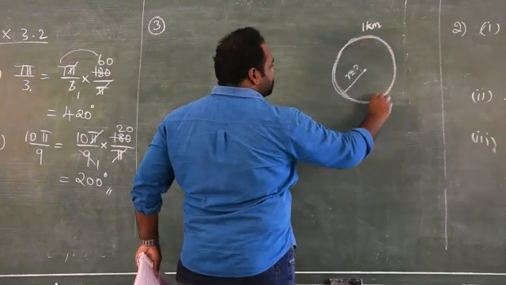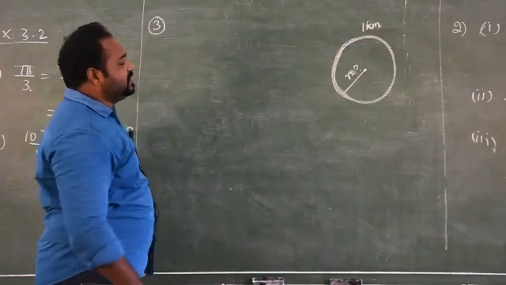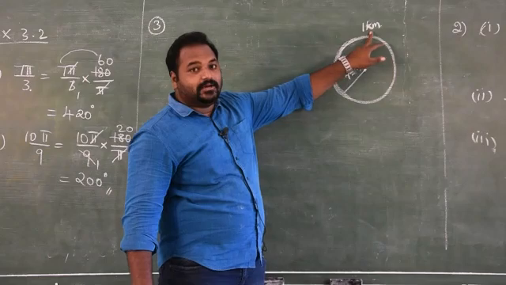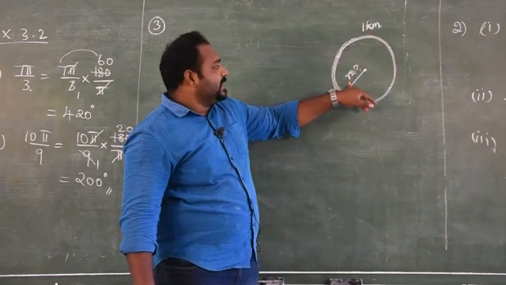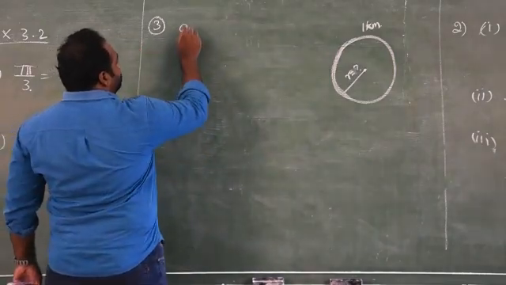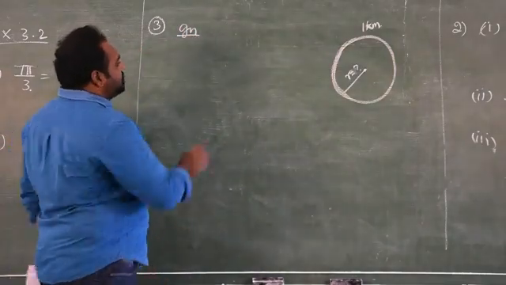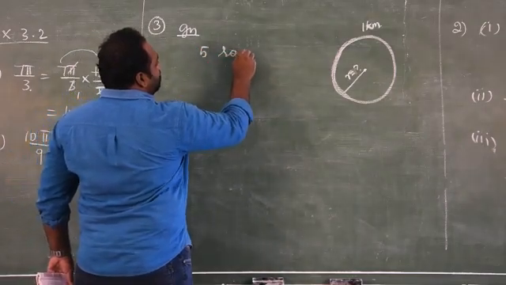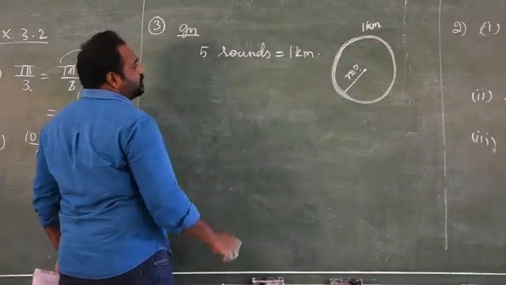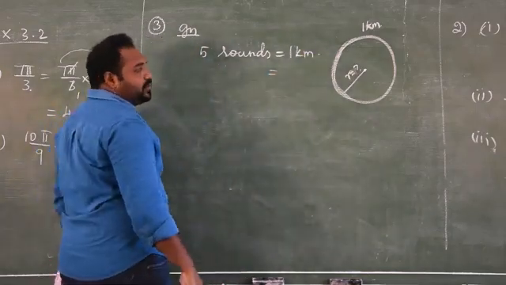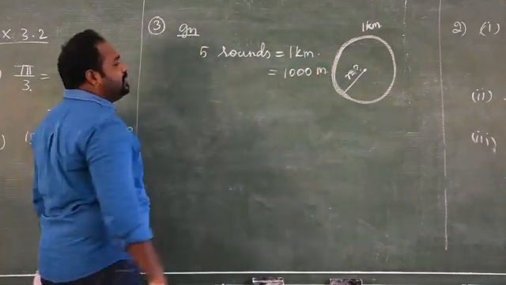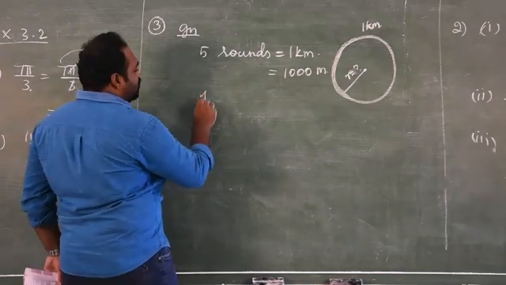So this is the path. If he wants to complete this circle 5 times, it will take 1 kilometer. So they are asking the radius of this circle. Now first I am going to write the given information. So 5 rounds equal to 1 kilometer. First I am going to convert 1 kilometer into meters. 1 kilometer equal to 1000 meters. So for 5 rounds, 1000 meters. So for one round,